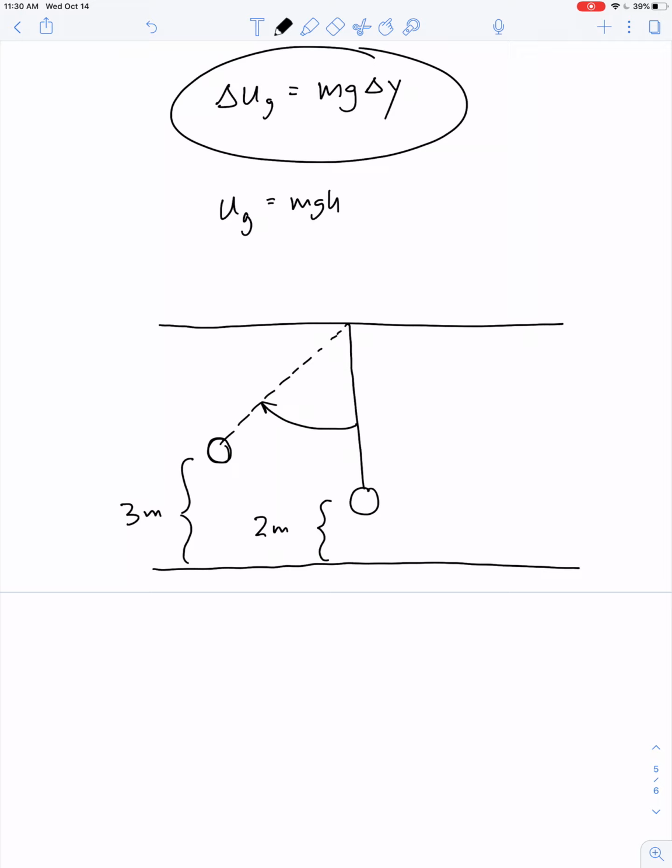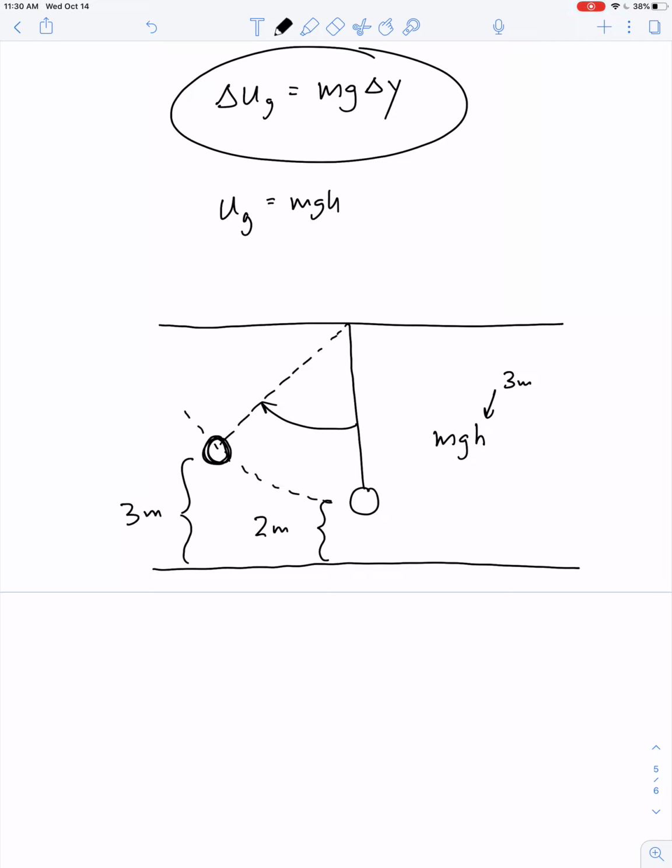Some people would say the gravitational potential energy is mg. Well, we always want to say it's mgh, right? When the object is right here, what value should we put in for h? Some people figure they should put in 3 meters as the value for h. However,